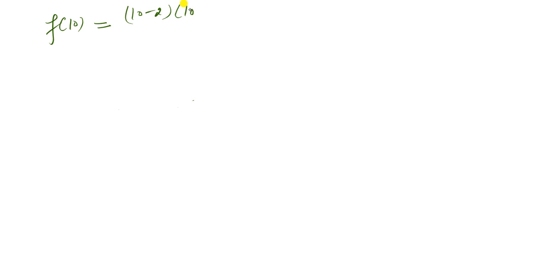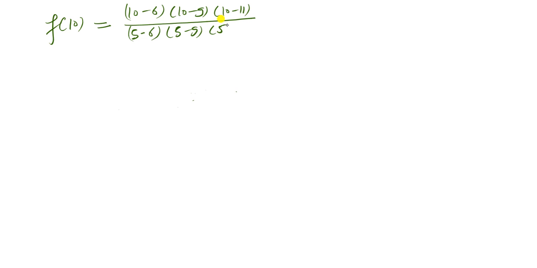2, 10 minus 3, 10 minus 4 upon, this is 10 minus 6 because x naught is 6, 10 minus 6, 10 minus 9, 10 minus 11 upon 5 minus 6, 5 minus 9, 5 minus 11, f of x naught is 12, plus 10 minus 5, 10 minus 9, 10 minus 11 upon 6 minus 5,